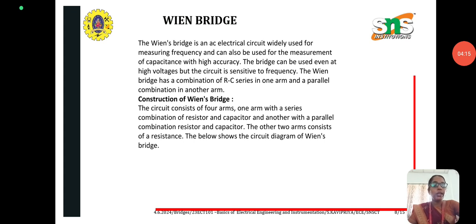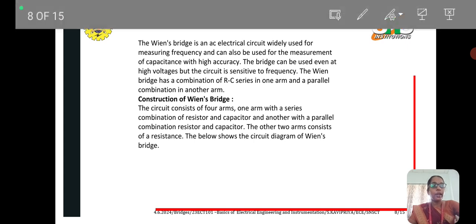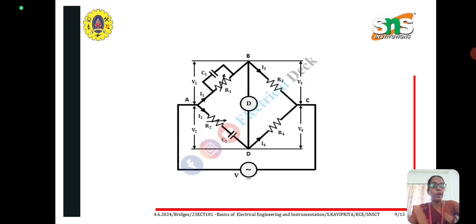Second is a Wien bridge. Wien bridge is also a type of AC bridge. It is used for measuring the frequency, and also it is used for measuring the unknown capacitance with high accuracy. And under the construction of Wien bridge, we will be having 4 branches, and the resistance and the capacitance